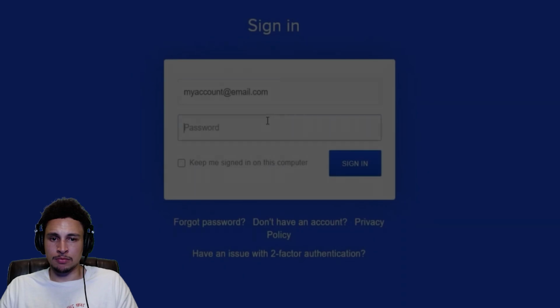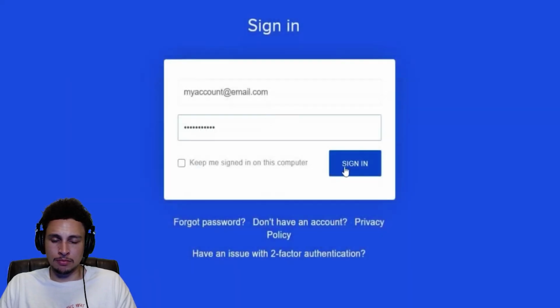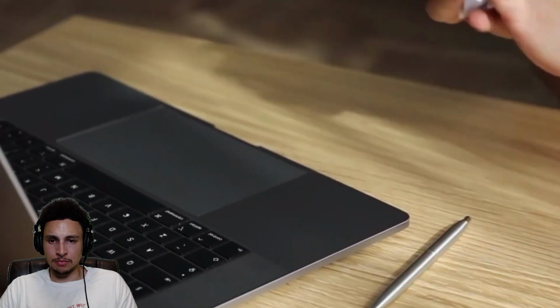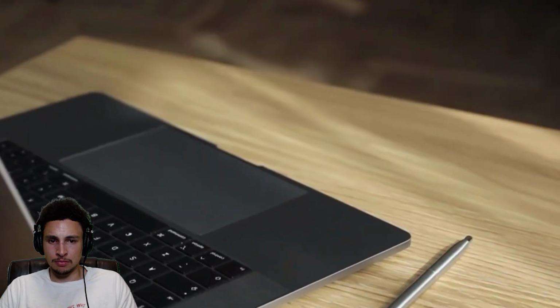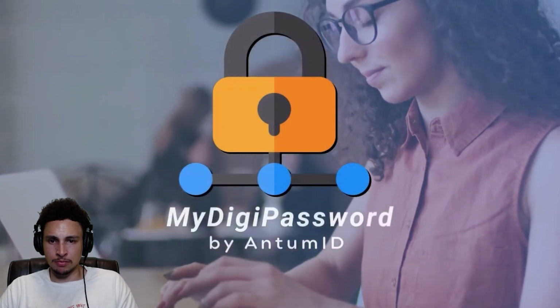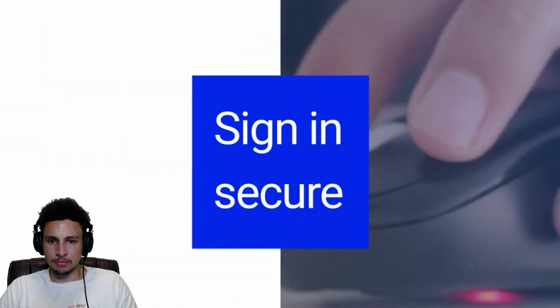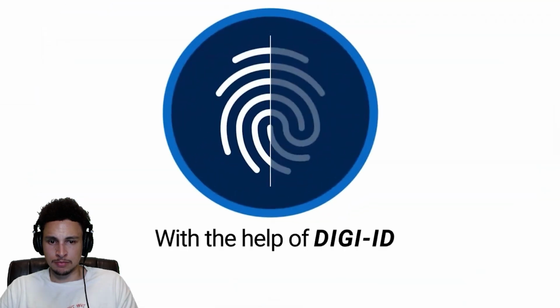Let's check it out. Hello, let's try entering a password. Doesn't work? Oh well, let's try again. Okay, no need to get angry. I have a solution for you. Introducing MyDigiPassword by AntumID. MyDigiPassword logs you into websites by verifying your identity with the help of DigiID, and then